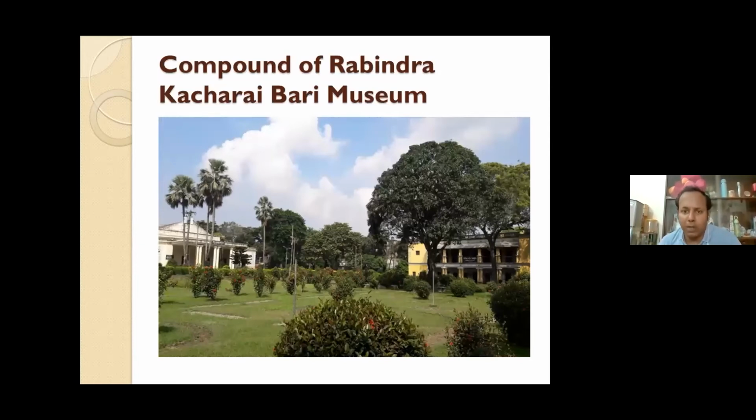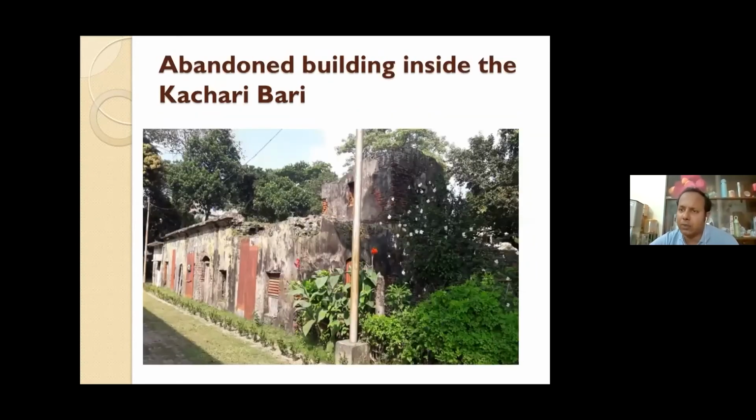This is the compound of the Rabindra Kachari Bari Museum. The museum area is almost 20 or 25 decimals, though some portion has been occupied by locals. This is a totally abandoned part of the museum. Historical sources indicate that Rabindranath Tagore also stayed in that place, and that house was used for official